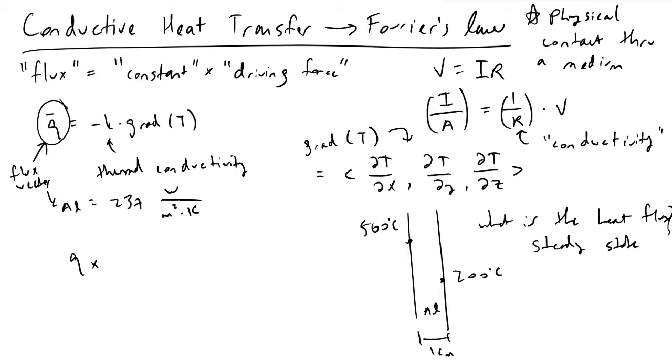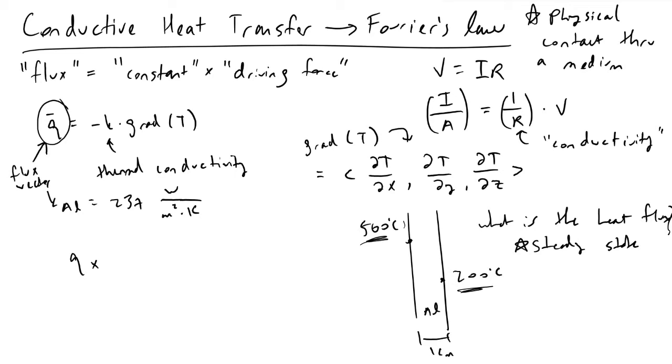And the reason we're going to make this steady state assumption is because we are going to say, we're taking like a snapshot. We're going to say this 500 degrees C and this 200 degrees C are going to remain the same for all time t in order for us to be able to apply these equations that we're about to, because we know in the real world, if we're not operating at a steady state and these temperatures are